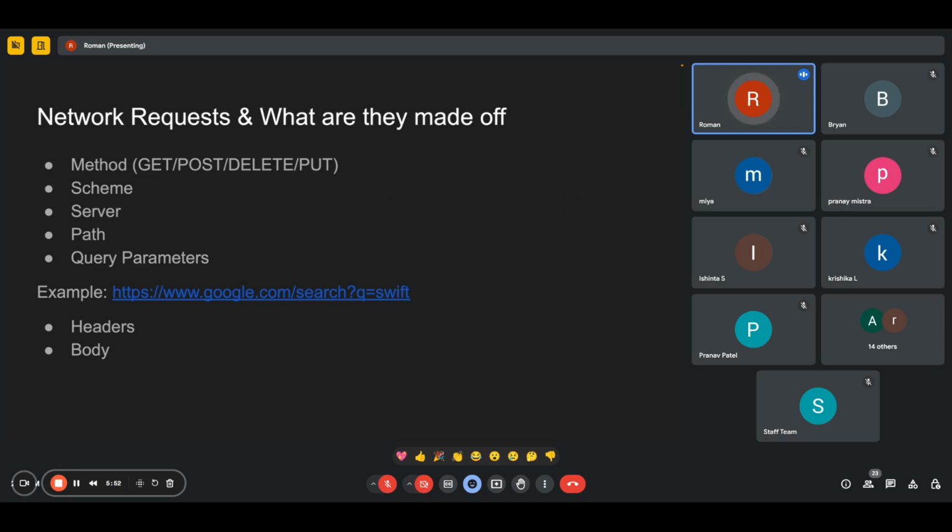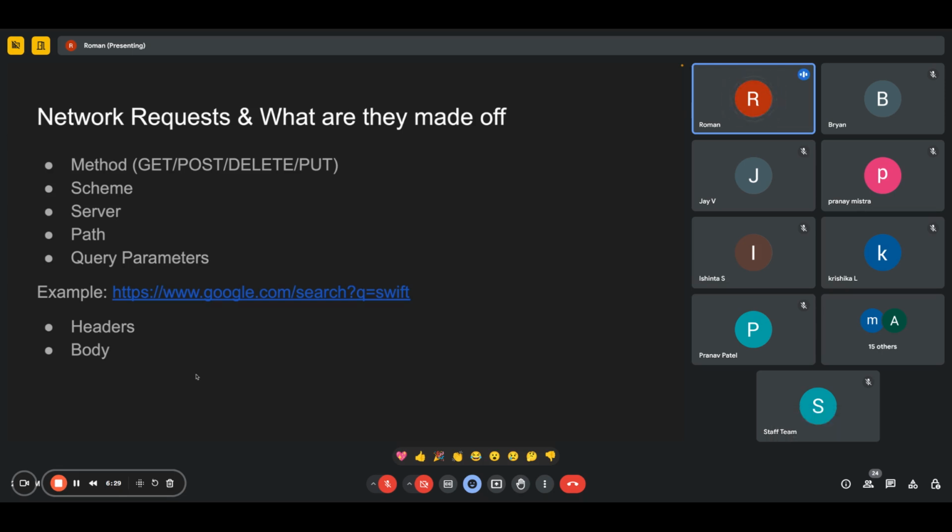And chances are you already encountered network requests just to get into this meeting. The link you've been provided to join this is a network request already. A network request also has a method. It's either GET, POST, DELETE, or PUT. From the name, it's pretty easy to infer what each of them does. With GET, your intent is to only get something from the remote server. With POST, you intend to update something. DELETE, obviously, deletes. And PUT is to provide something new. For the vast majority of cases, GET and POST will be more than enough